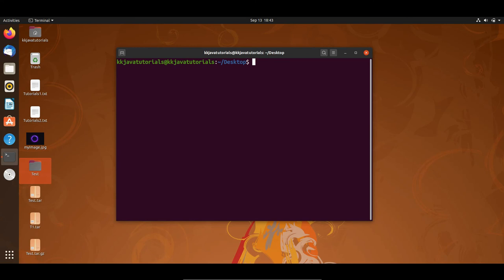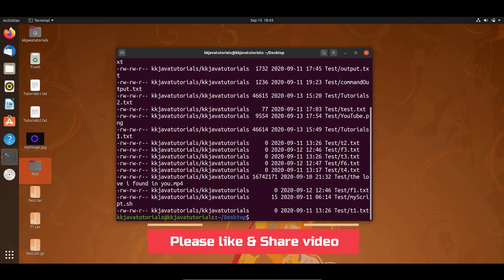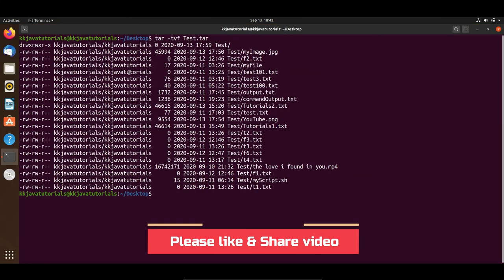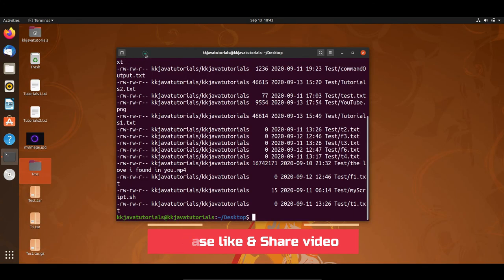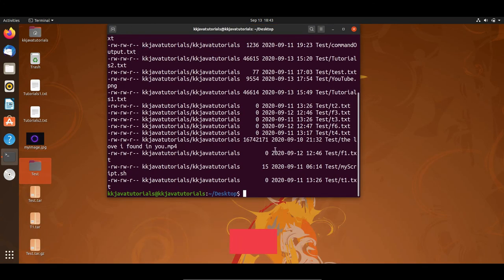Now I would like to show you a couple of more commands related to tar. Now how to view the basically content of your tar file. So for that command we have a tar, and then you have to give the flag as tvf and your tar file name. So tar file name I'm going to give here test let's say test.tar. If I press enter, then this is showing the content of your tar file, right, with all kind of permissions and all, right? In that way you can basically see content of any tar file without extracting.